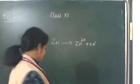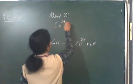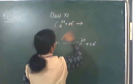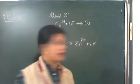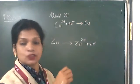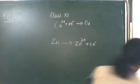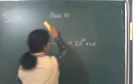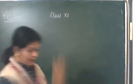But in some other cases, metal ions are ready to take electrons. We say they are undergoing reduction. Metal ions are undergoing reduction. So they are not good reducing agents. Moreover, you can say, as you go up in that electrochemical series,